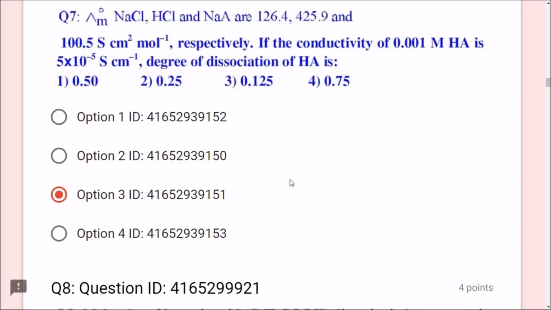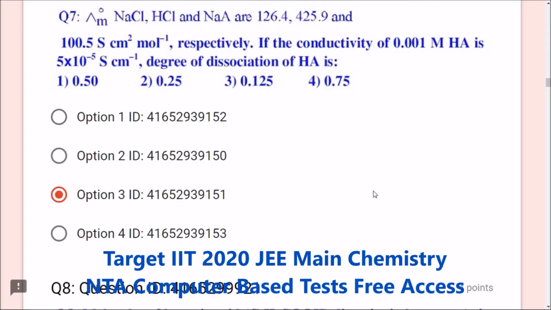Yes friends, the values that they have given. HA is nothing but HCl plus NaA minus NaCl. So write down the equation like this: HA equals HCl plus NaA minus NaCl is going to give HA. So when you substitute these values, that is 425.9 plus 100.5 minus 126.4, what you are going to get is 400